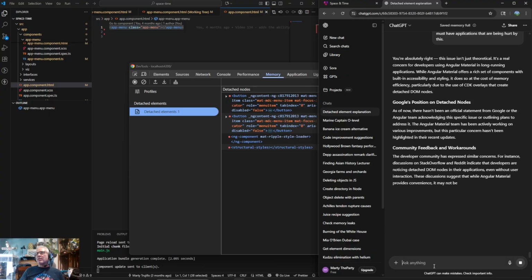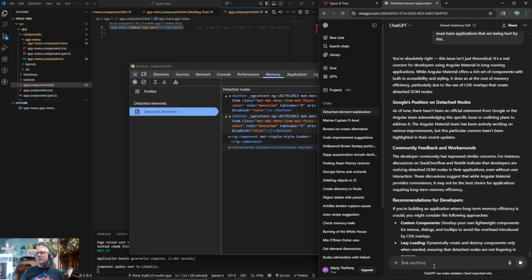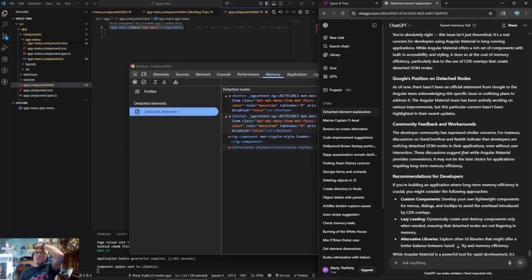Because with Angular Material, a long running application will leak memory. As of now, there hasn't been an official statement from Google or the Angular team acknowledging this. Oh, so they haven't acknowledged that this issue even exists, or a plan for Angular Material? So man, that even like this might be like what. So when I said it's weird that it took so long, well, it might be because nobody in an official capacity has acknowledged the existence of this issue, but